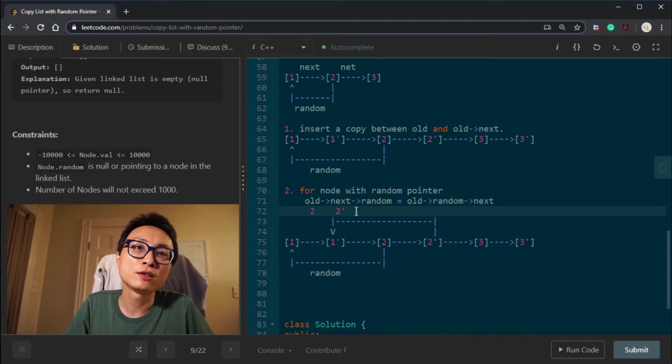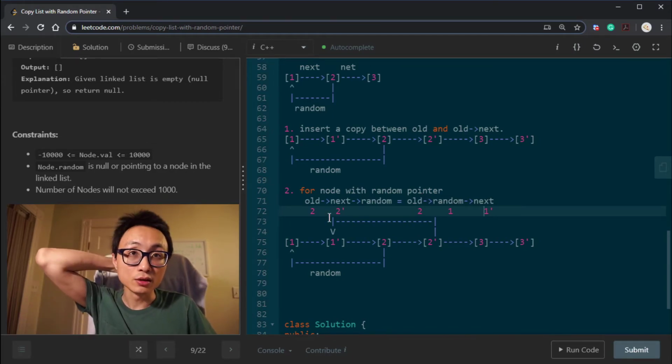2 prime's random is going to be 2's random's next. I'm just going to use brackets here to indicate that 2's random is 1 and its next is 1 prime. So that's pretty much just setting 2 prime's random link to 1 prime.